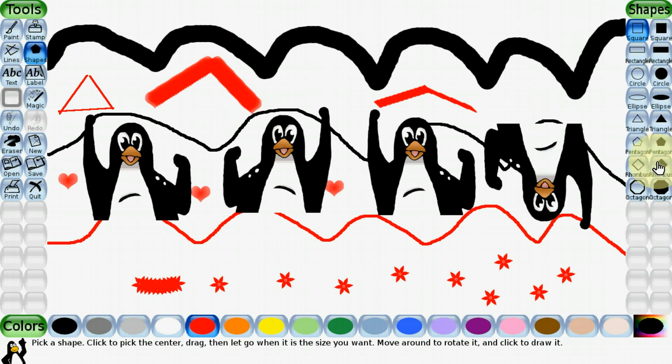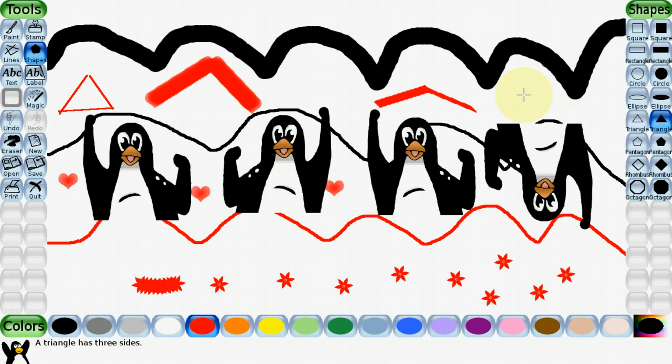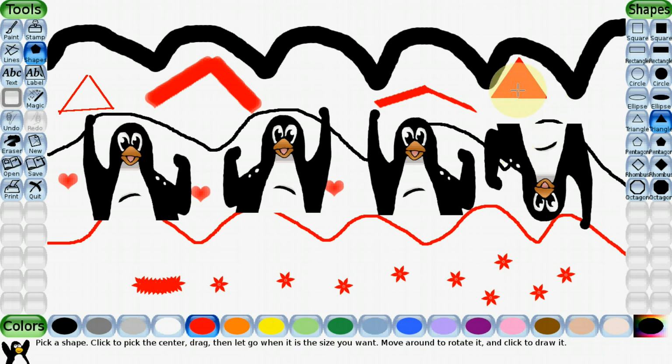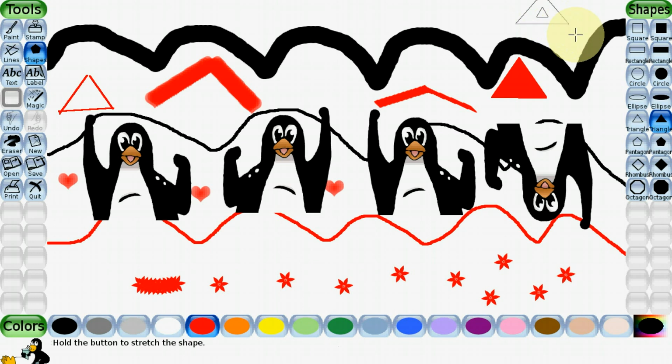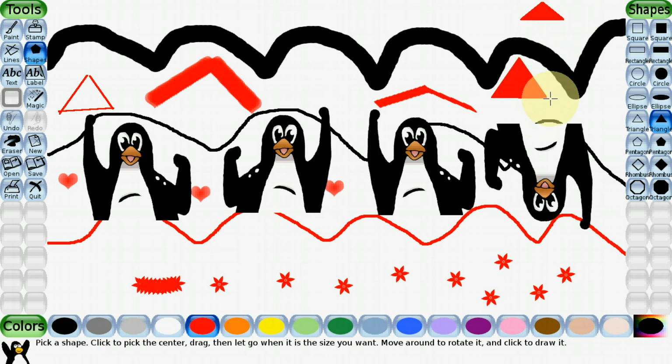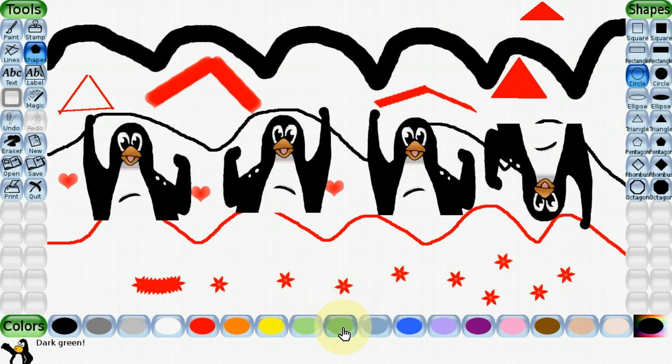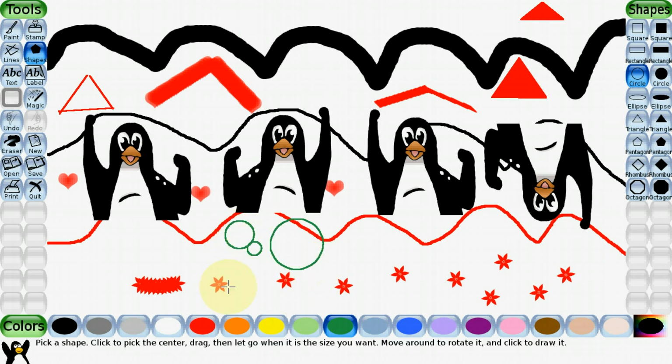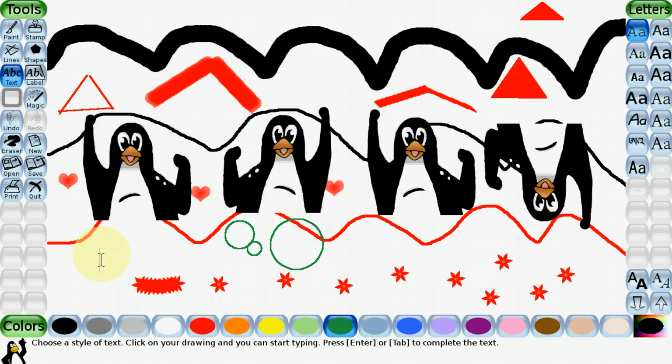Second button in this line is shapes. You can use any shapes. Suppose I want to prepare triangle, that is with color. So I have made like this. Just drag it and click. When you click on that, it will be available. Just press and click your mouse, and when you finish, one more time click it. So likewise you can draw. If you want to use circle, I want to change color now. So I have picked color and I want it here. See. So likewise you can use the shape.